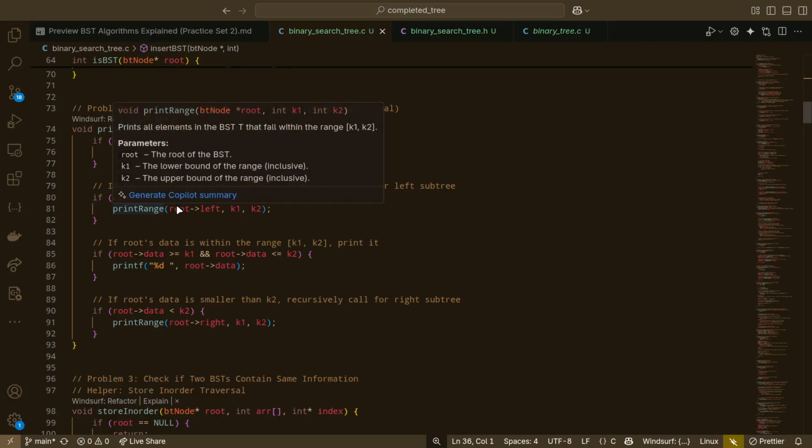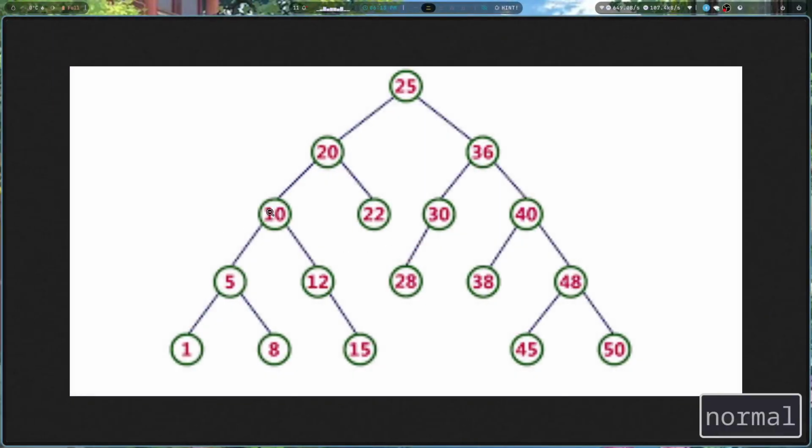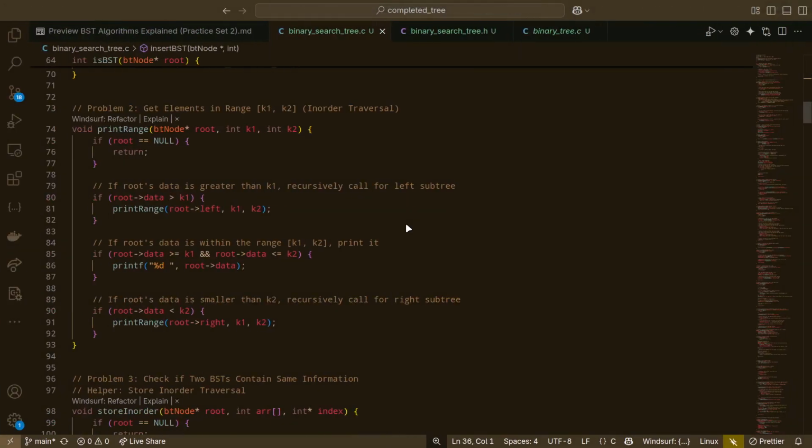As you can see, if you just continue with it, we are just traversing till the path is still in the range. That means it is greater than the minimum value, the k1. Okay, if the root's data is within the range k1 and k2, then we print it. Basically it has to be checked if it is also less than the maximum value that is given by the user. So the maximum value may be 40, 50, whatever it be, and it has to be less than that. So if both of these conditions in this if statement are true, you go to this print range, okay, and you go